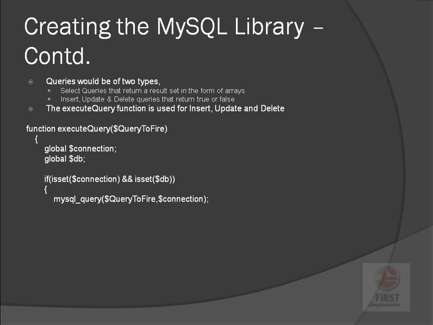Now, whenever we execute a query on the database, there is an ID generated. That ID we have to fetch and we have to check the value of that ID. So we will say result equals mysql_insert_id. If this ID is 0, that indicates the operation that you have performed has failed. But if the ID is a non-zero value, this indicates that the operation that you have performed has passed. So we'll return the result from here, else we'll return -1.